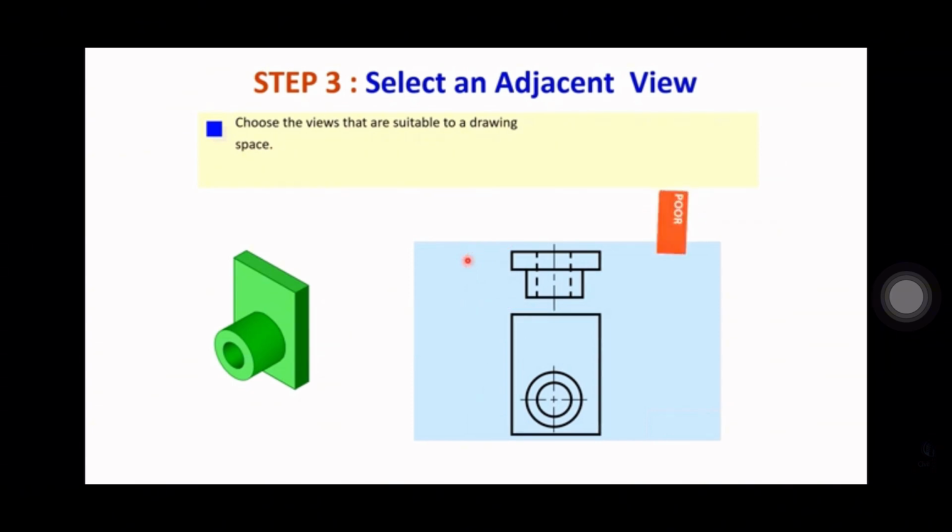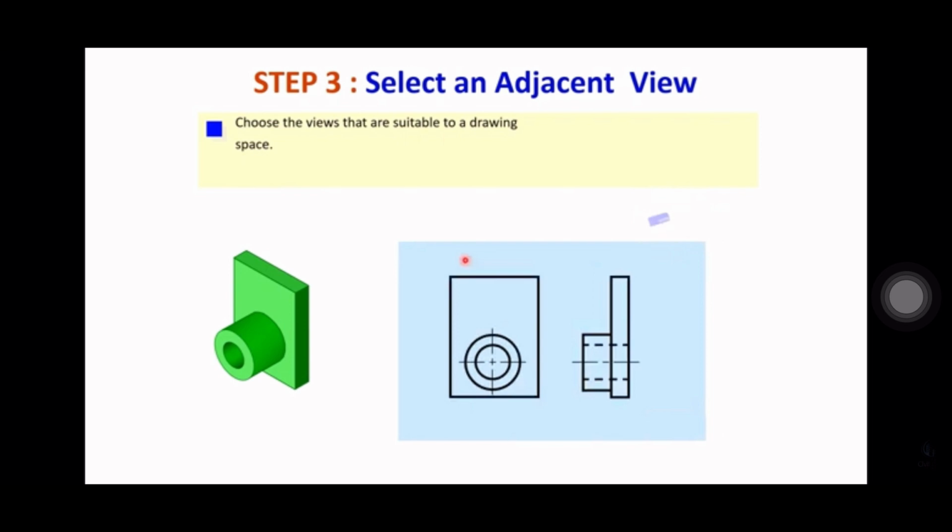This one is inappropriate or poor. This one, you will see the right side view and there is much space for dimensioning. This is a triangular wedge piece, a 3D piece. So here, this is a front view,